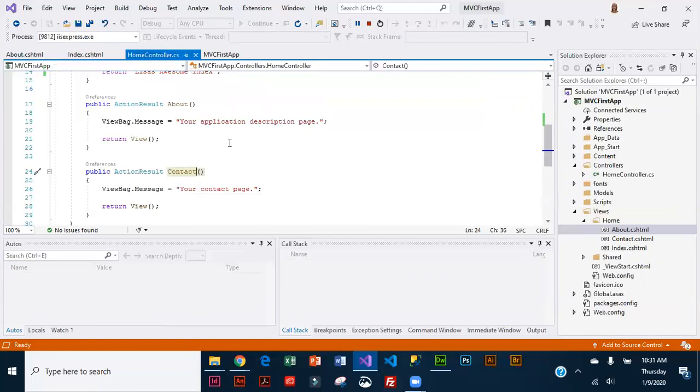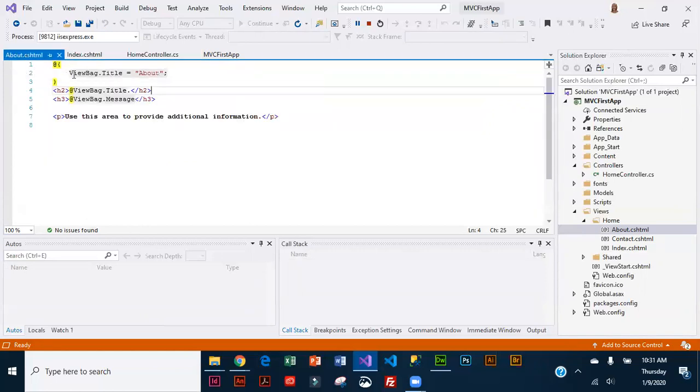Okay, so we've got basically an object and a property here. Okay, and we've got an object and a property here. And then we're using our HTML to display them. And because it is dynamic, we are using Razor code, which has got the @ sign, to display them in the page. If we don't put the @ in, what we're going to see is ViewBag.Title. So if I take the @ out